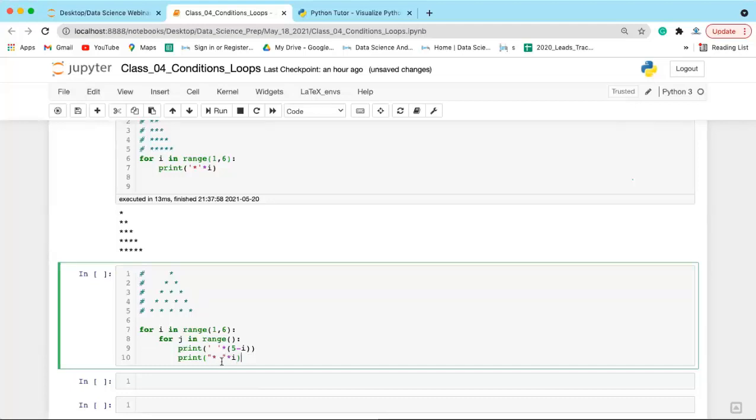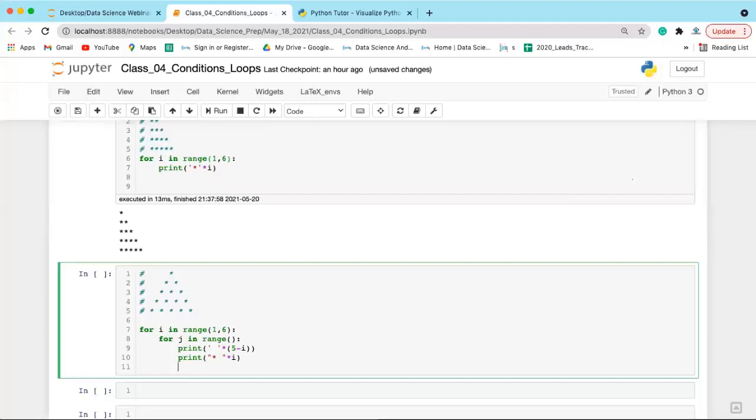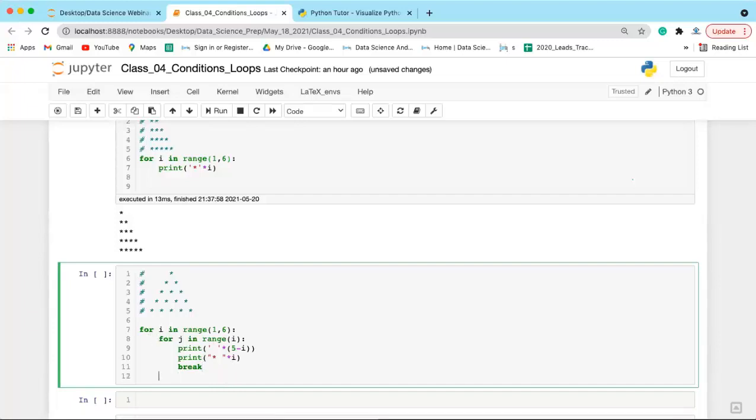After printing this star and space, you will immediately break the loop. Okay. So here you may write i, but you need to break the loop. After printing it for the first time, you will be breaking the loop. The inner loop will be broken, and then you will be going to the new line. Automatically it will be going to the new line. So here end is equal to a space, to stay on the same line.